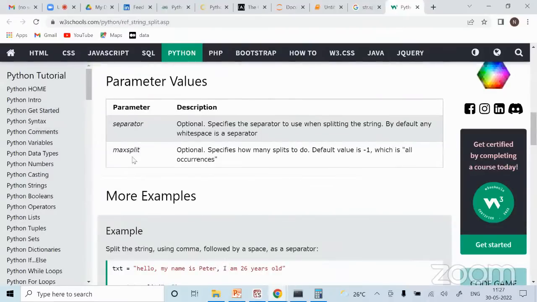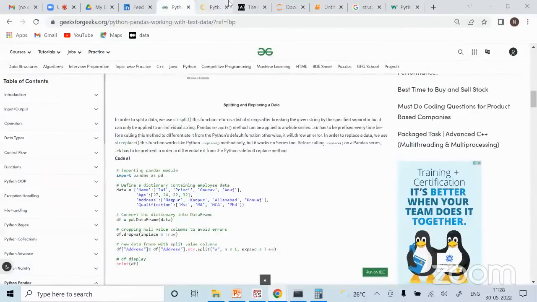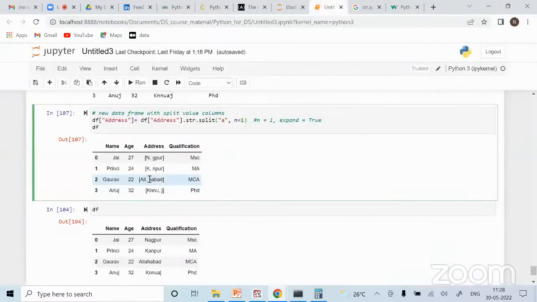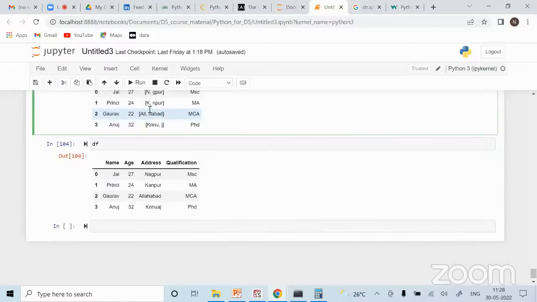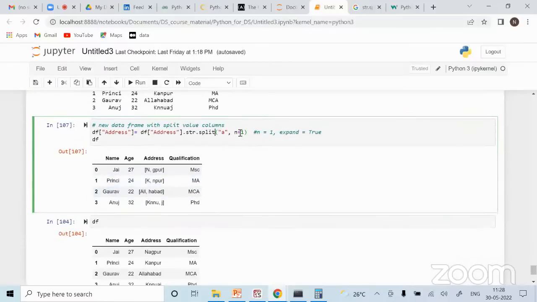So here you give the separator and then the max split. How many splits can it do? So if I was giving 1, in that case, okay, that was the difference. As you see, I had given maximum split 1. So that's why Allahabad is now split into only two pieces. Earlier, if you remember, it split into 4 because there were two more A's also. So if you want it to be split only once, which means you want to create only two groups, you can give it like this.